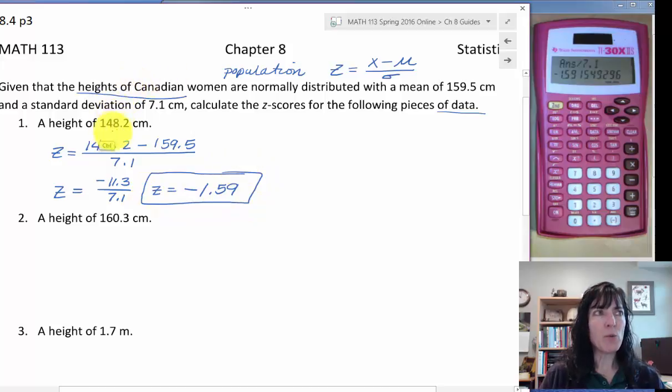What that means is a person with a height of 148.2 is 1.59, not quite 2, not quite 1, but halfway about. So negative 1.59 standard deviations away from the mean. And if I were to draw my distribution,